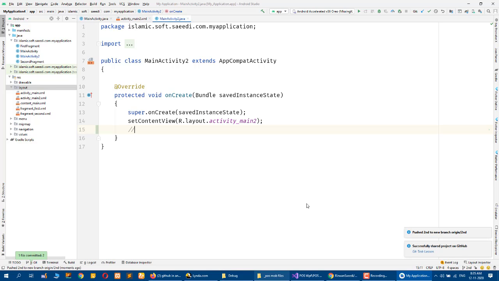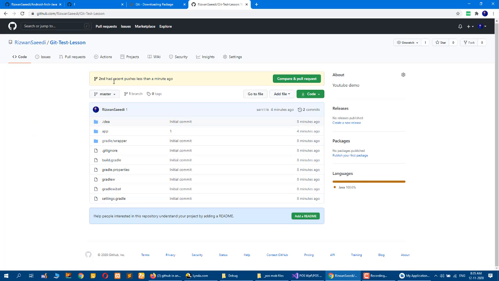So the push step is complete, and if I refresh that, I can see my new